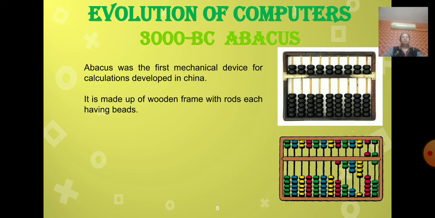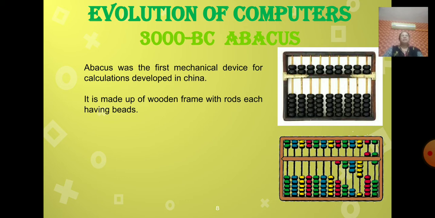The abacus was the first mechanical calculating device. It was developed in China. It consists of beads on movable rods divided into two parts. Even today, it is used for children to learn basic calculations.